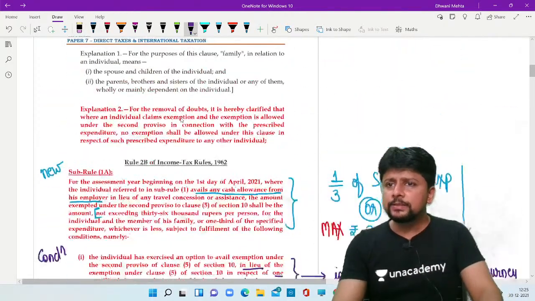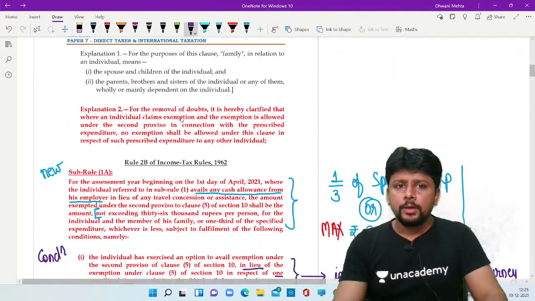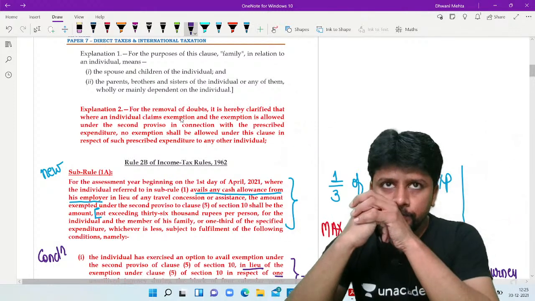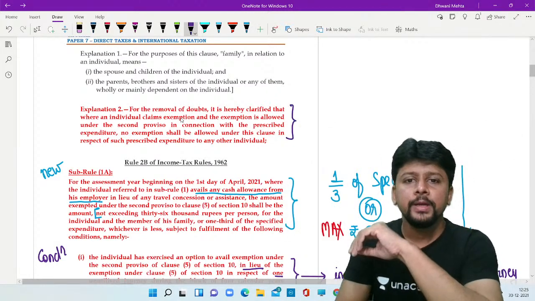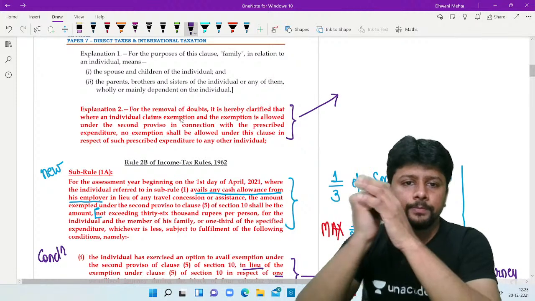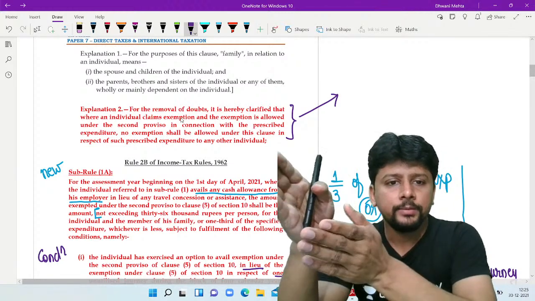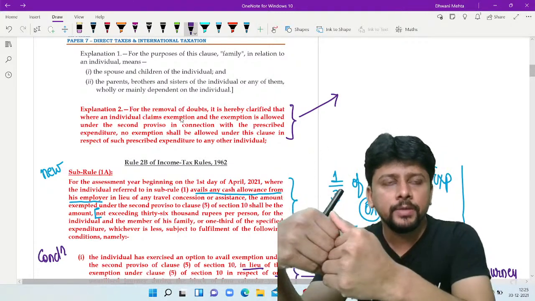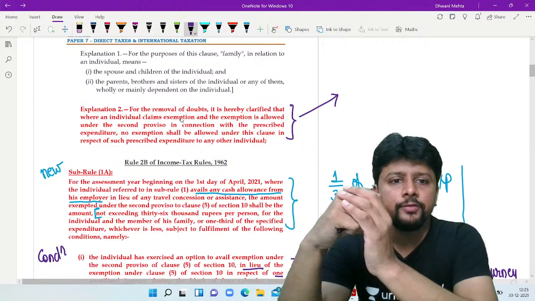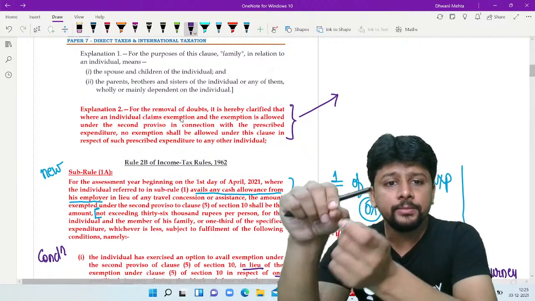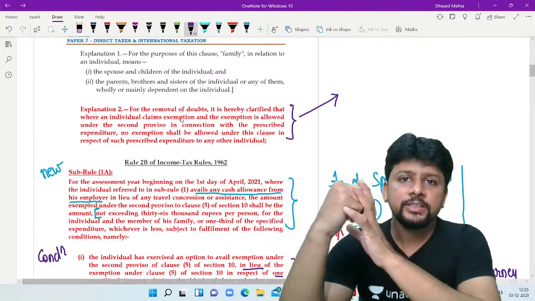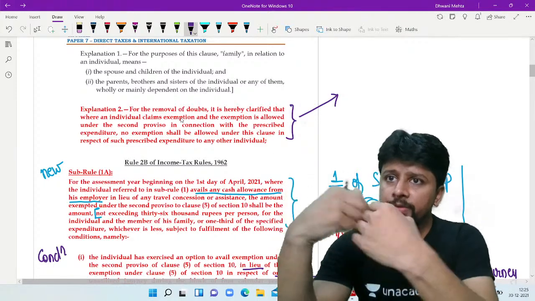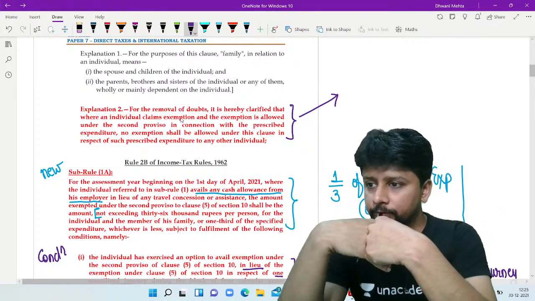Now this provision has been okay. One more explanation which I kind of missed out is that you can't claim double exemption. If an individual is claiming exemption under this 10.5, no exemption shall be allowed to any other individual in respect of this expenditure. So if I am the individual,